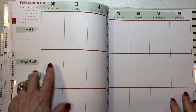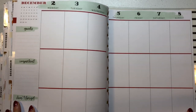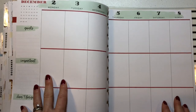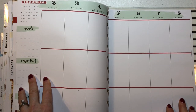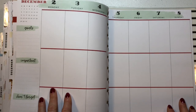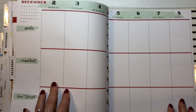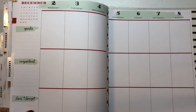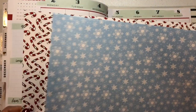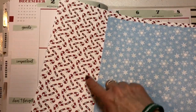Planner Wednesday. This spread is from December the 2nd through the 8th. And what I'm going to be doing this week, since we're really close to Christmas, I'm going to start doing some Christmas movies. I have a DVD that has 4 Christmas movies on it. And this one is based on My Christmas Inn. And it's set in Alaska, and it really is a very funny, romantic, cute movie. So this is the paper that I've chosen because of all the snow in Alaska, and in the movie they have